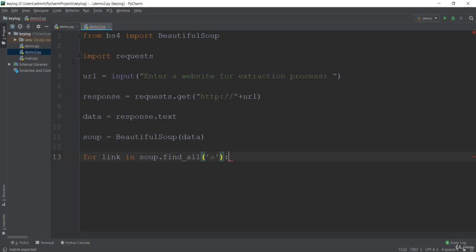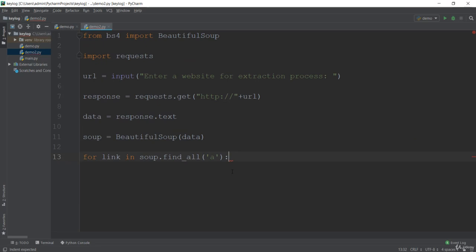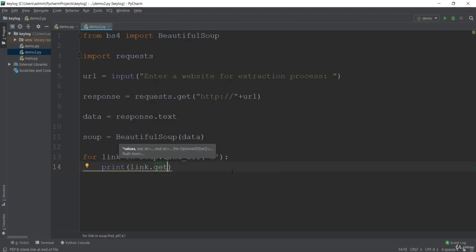So instead of using this, you could see that this pattern which we just did over here, we can simply search that anchor tag and print now, that is the link. So that link should be link.get. So inside of href we want to get that link. So this is so easy to get the link from the Beautiful Soup.